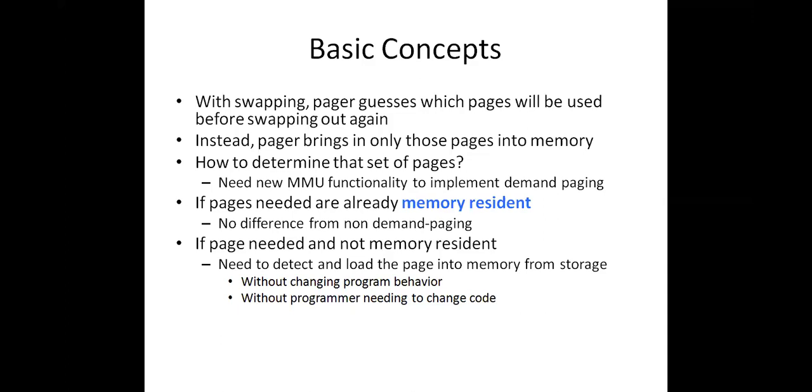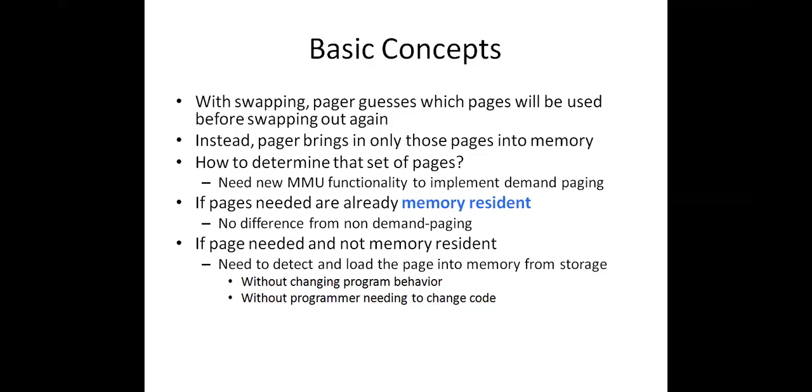Only needed pages are moved to the main memory, right? So whenever there is a need, if that page is not available, for example, say we moved only two pages to the main memory. Now we require the third page for execution, but the third page is in the secondary memory. At that time, what do you have to do? You need to move that third page from secondary memory to main memory. While moving, that information should not be known to the user. That means it won't create any trouble to the program behavior. The program execution has to be done in a smooth manner.